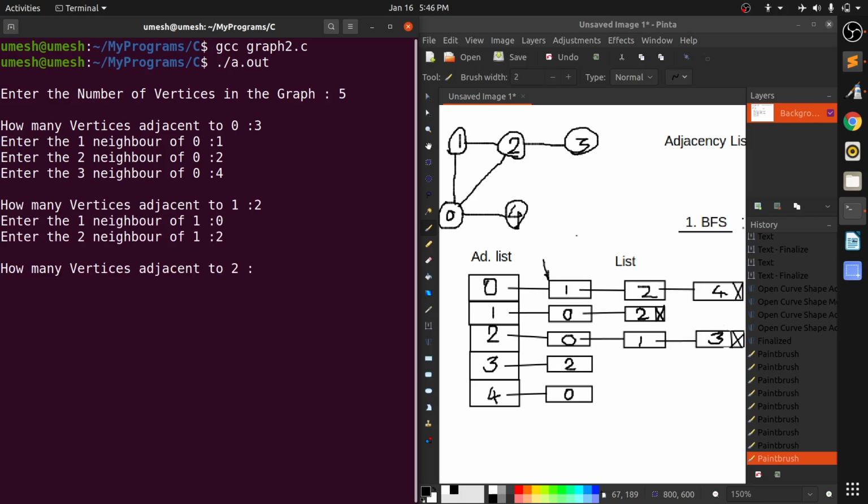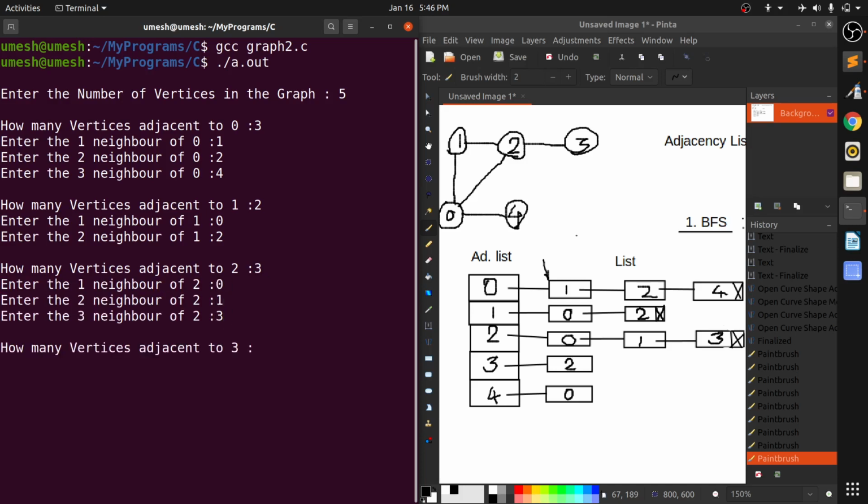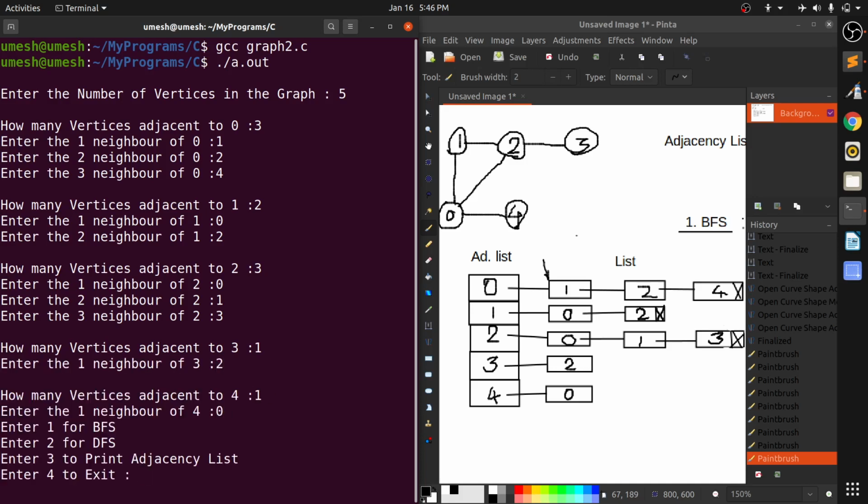Then from 2 there are 3 vertices and they are 0, 1 and 3. From 3 there is only 1 and that is 2. From 4 there is only 1 and that is 0. Yeah, good. Now enter the BFS first. From which vertex do you want to start? I want to start from 1.